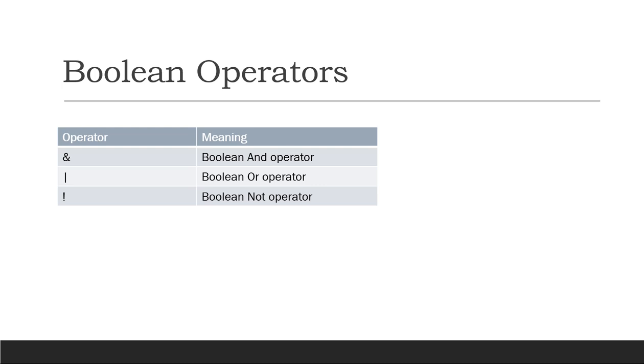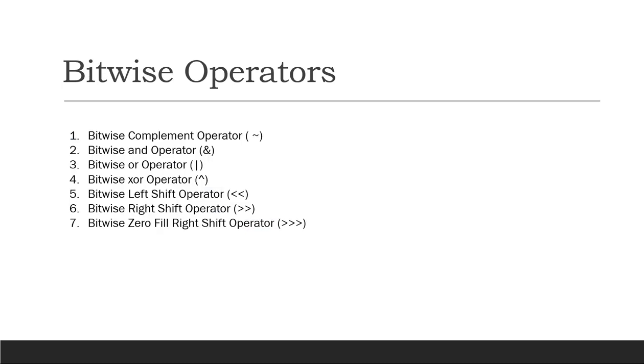Let's see what is the next operator available in Java. The next operator available in Java is the bitwise operator. So what is a bitwise operator? There are 7 bitwise operators available in Java. These operators act on individual bits, 0 and 1, of the operands. They act only on integer data types, that is byte, short, long and int, because integer data types hold the value as a decimal value without any fractional part. And it is going to use a bit byte format only. Let's see how it is used in Java.